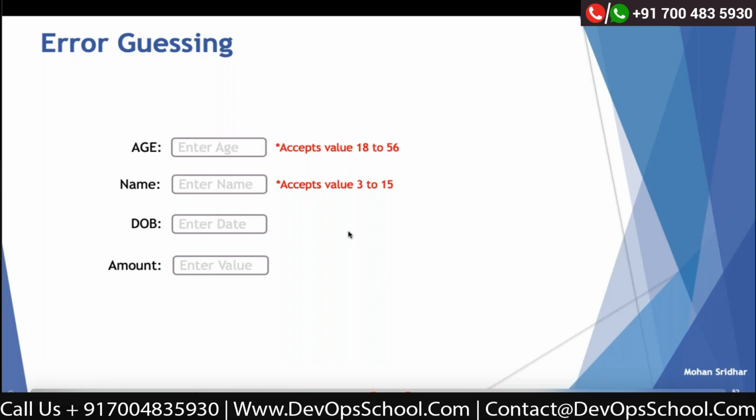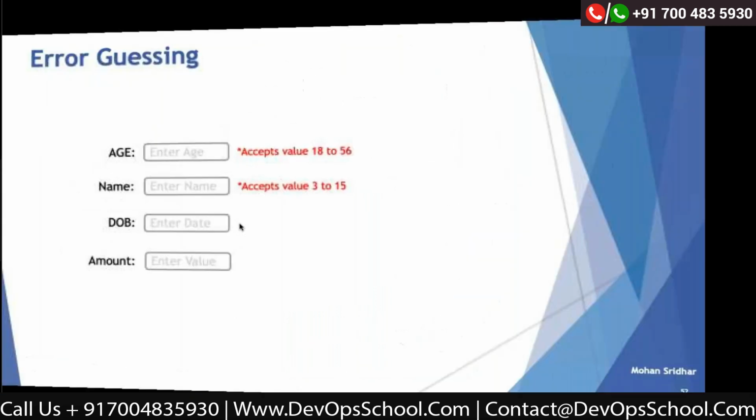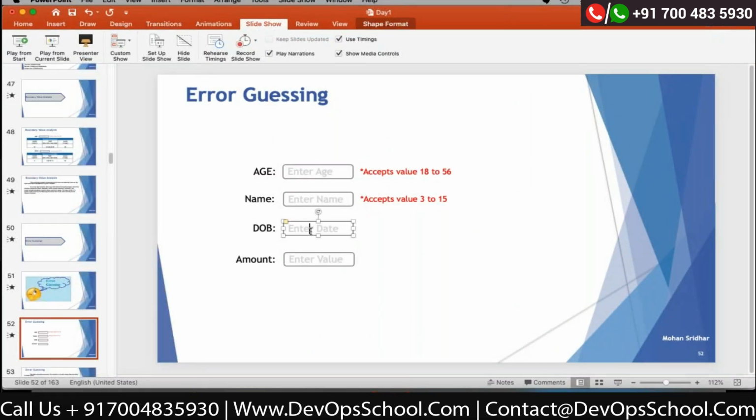For example, the date range is accepting, and here the age is, for example, 18 to 56. So can anyone give some suggestions here? You can use the boundary values for error guessing.